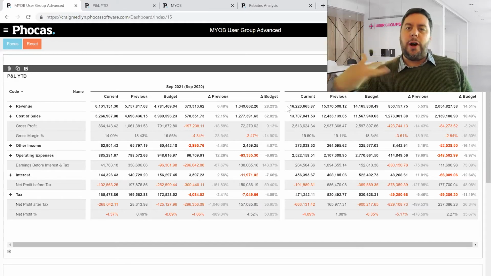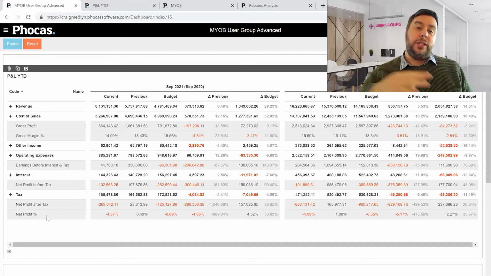Now, the first point in my slides really was around providing more visibility to the branches. And a great way of doing that might be actually using a dashboard where we can still govern the data, but make sure that people only see the data relevant to them. So we can see a P&L structure, and you might have the P&L set as it is in Advanced. Phocas also allows you to set up multiple P&Ls. So if you need to have a P&L statement that is more reflective of how your board wishes to look at data versus how branches need to look at the data and what calculations we present to them, these are things that we can do.